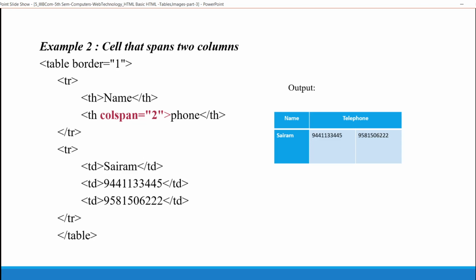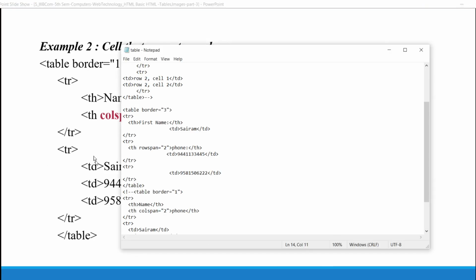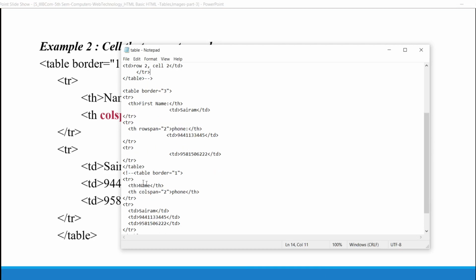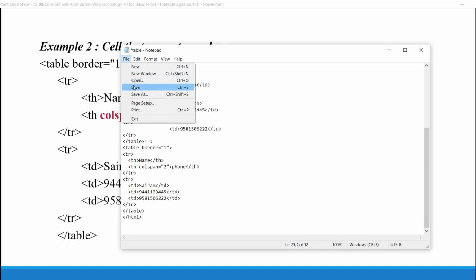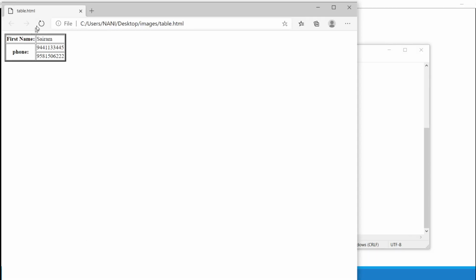Let's see this example. So run it. See here, this is col span, this is row span.